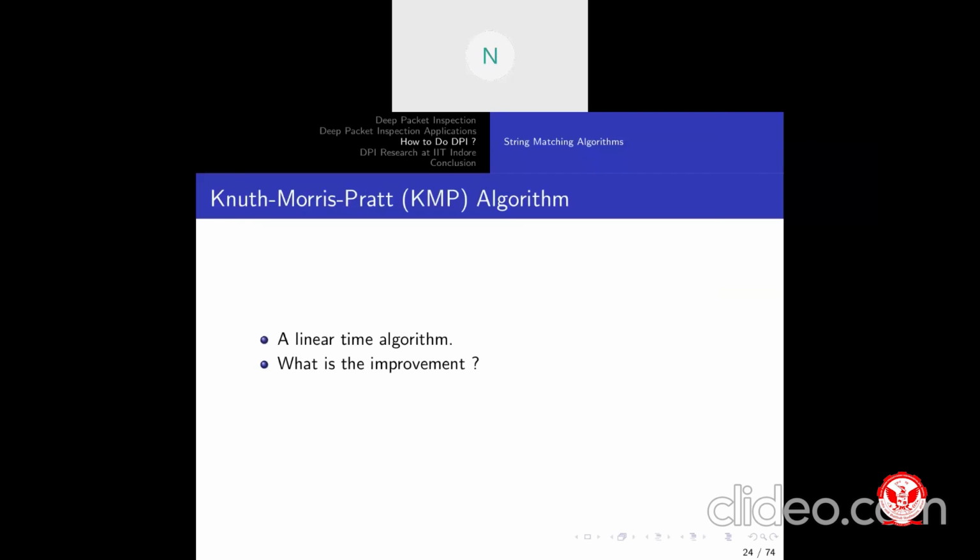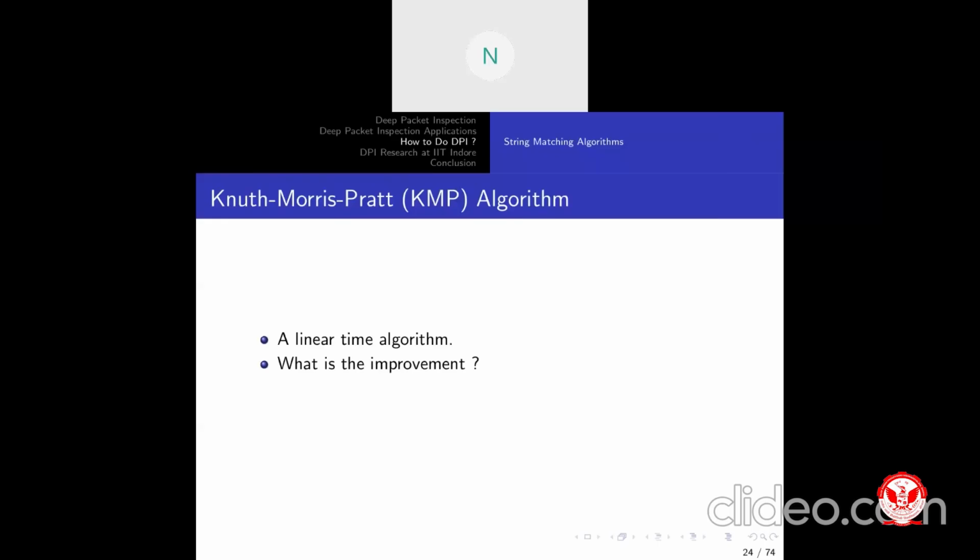There are other algorithms which are practically used. The scientists who invented this algorithm, the first letter of their names is taken, and it is called KMP. It is actually a linear time algorithm. So what it does is it does a simple improvement over the